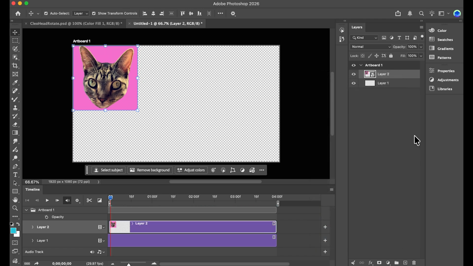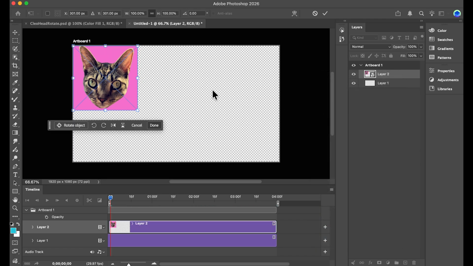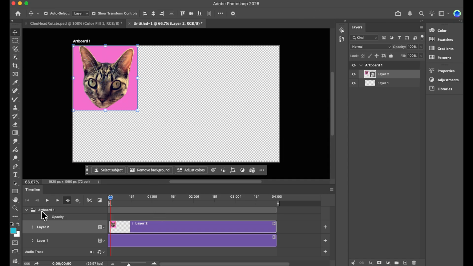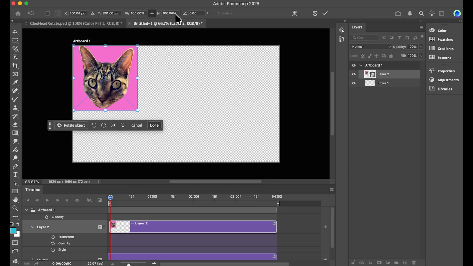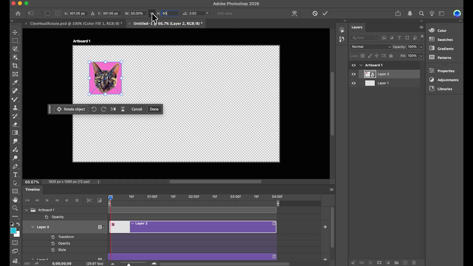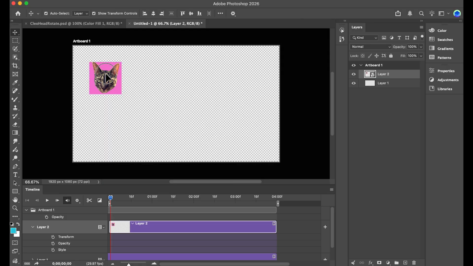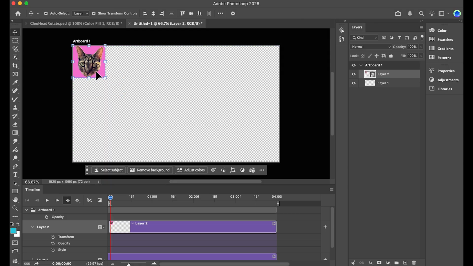Let's convert to smart object, and now let's rotate it, okay? And I'm going to rotate it. Return, let's open up our little thing here. Let's go to transform. Actually, before we make keyframes, let's just make it smaller. Let's make it 50% smaller, make sure this is clicked so it does both of them, okay? And return, and let's put that one on the upper right.